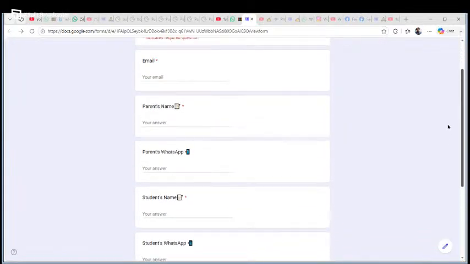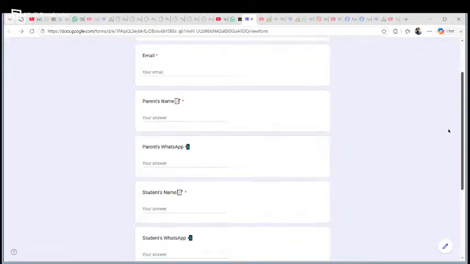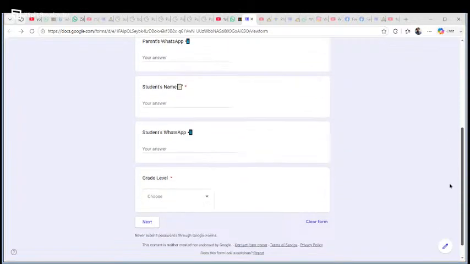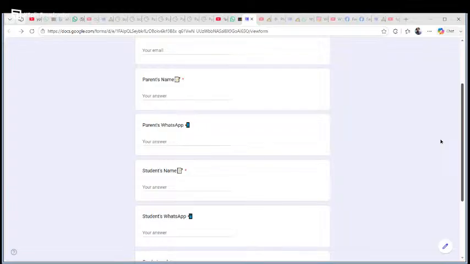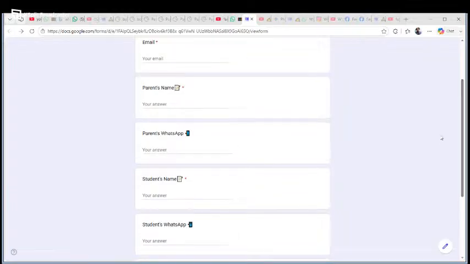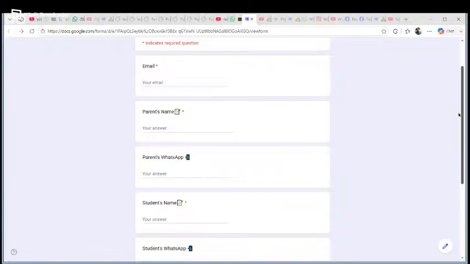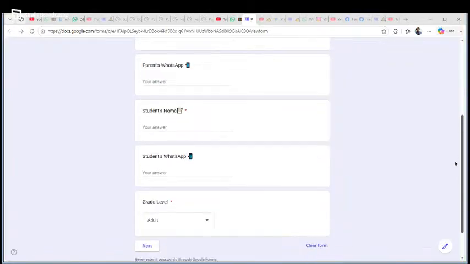It gives you the same options: the email, parent's name, parent's WhatsApp, student's name, student's WhatsApp, grade level. The idea is, if you're an adult learner, you write your name down twice, your WhatsApp number twice, and then you scroll down and select adult along with that information. I have a lot of videos that explain that.